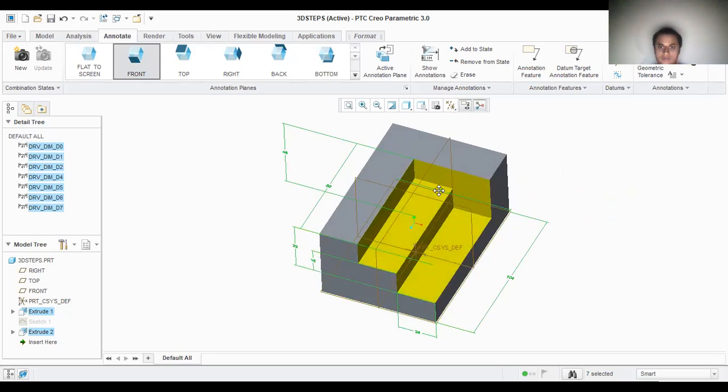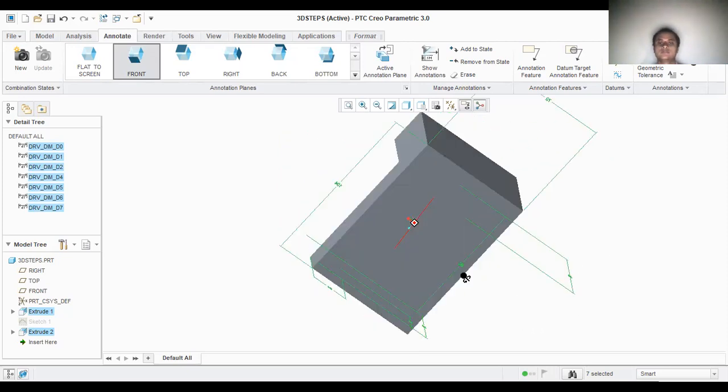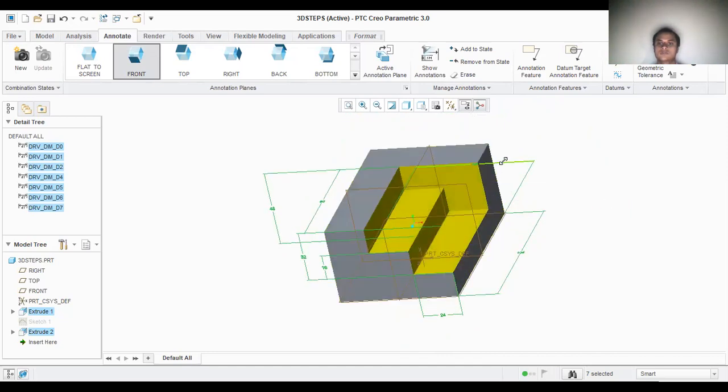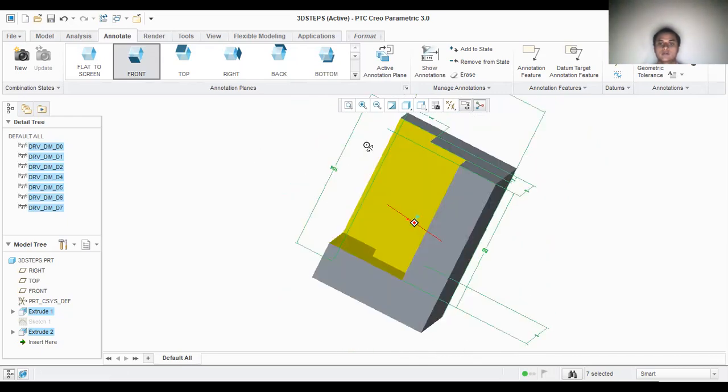And this dimension is new. So I'll select this one and drag this one, and keep it on this side so that it is 72. So 72, 104, 48. All these dimensions will be there. So I need to make it the correct orientation. I'll rotate my object to check whether it is correctly oriented or not. If you're not seeing this dimension, you can move it. So I should make sure that it is correctly oriented.